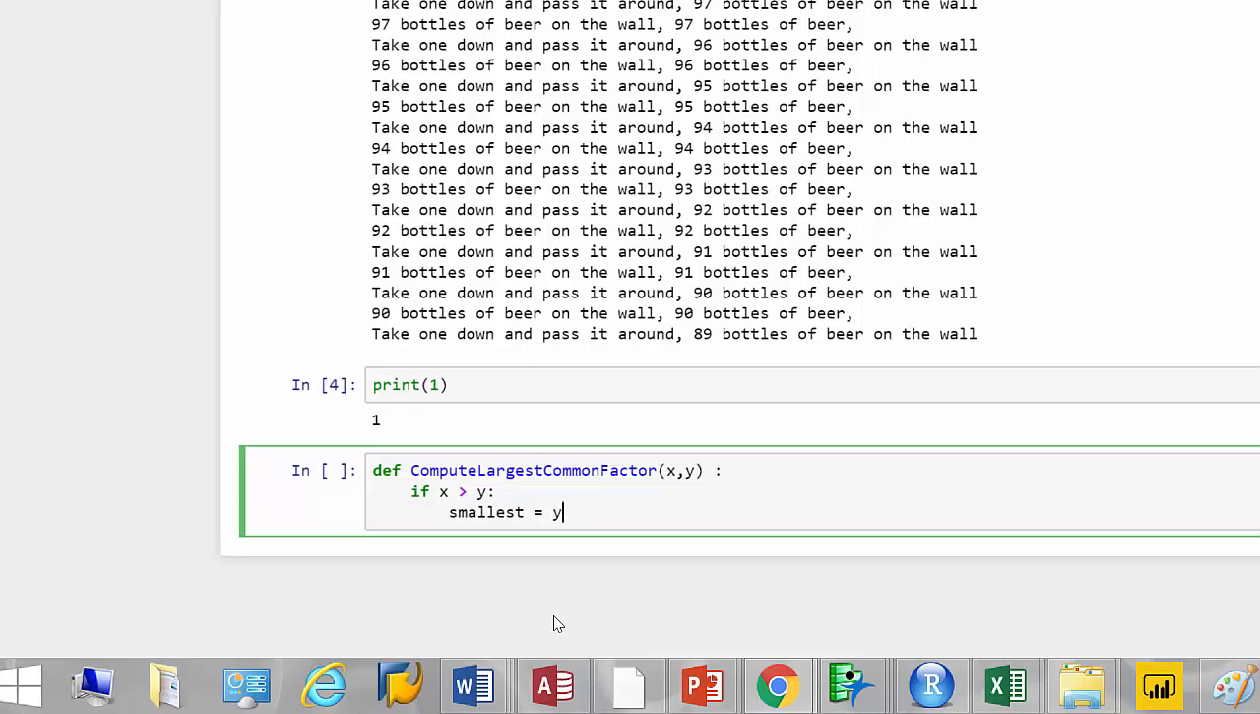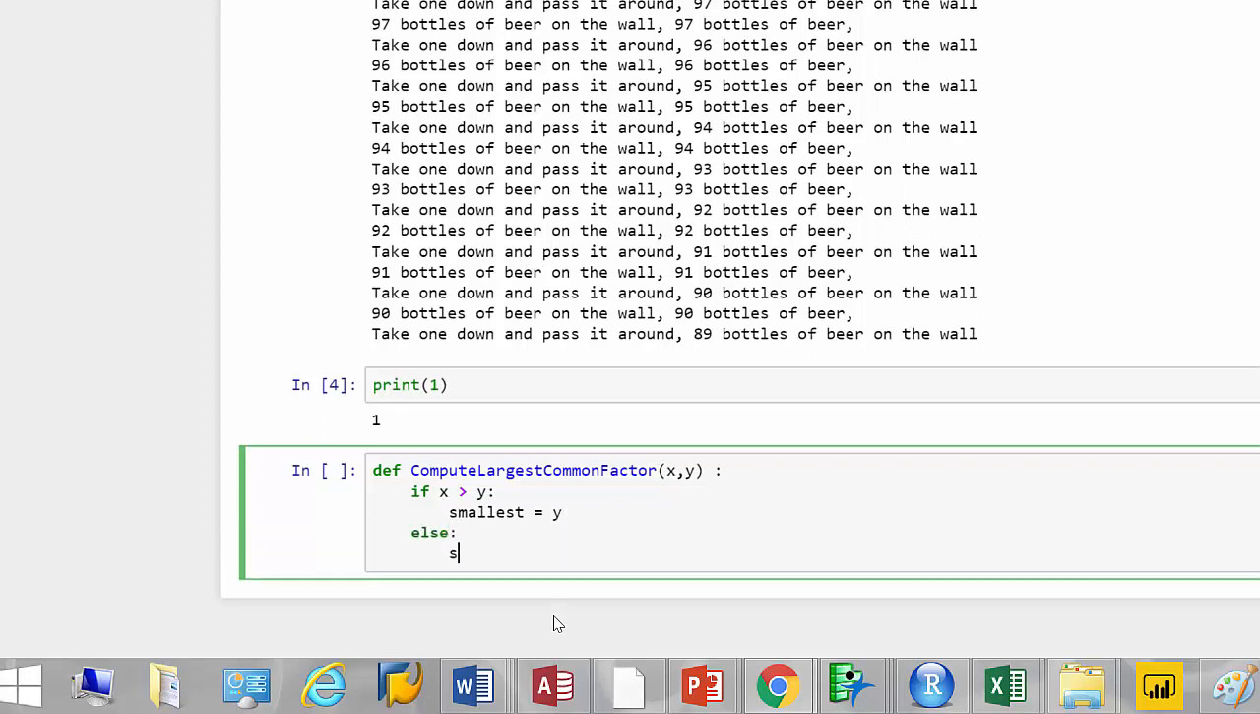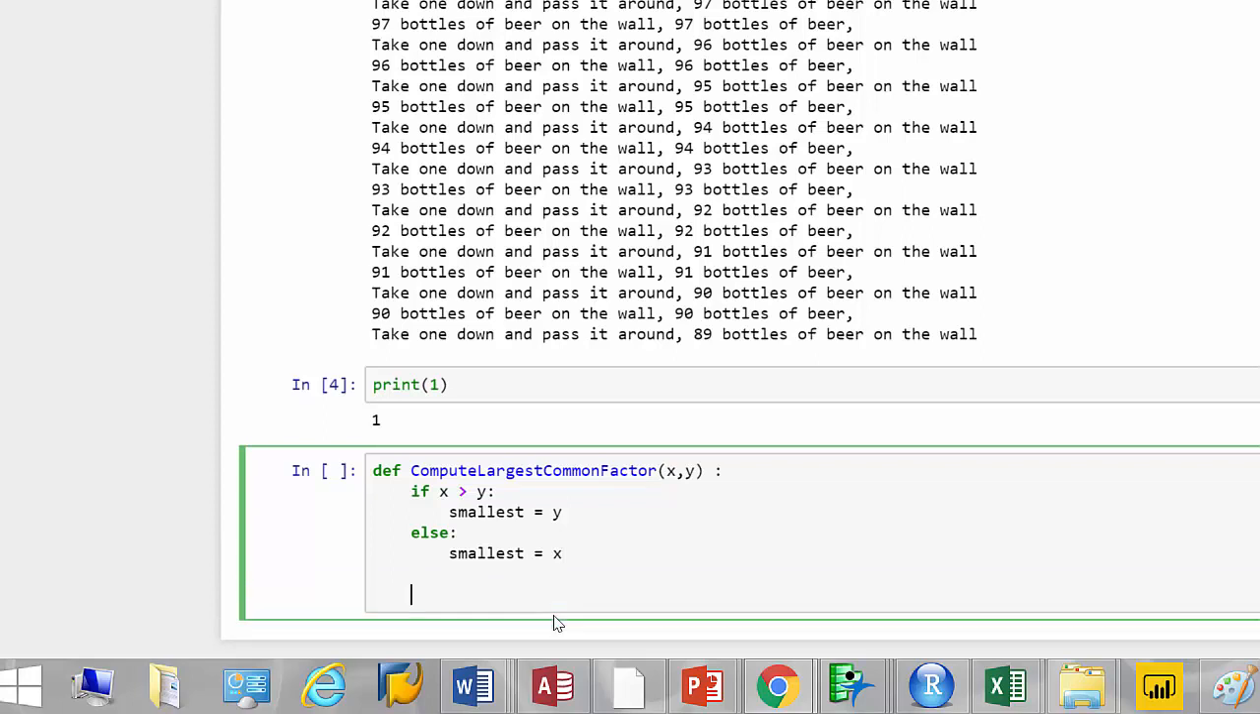Y, right? Between the two, smallest is y, because x is greater. Else, smallest is what? X, correct? Yeah. First I find which number is smallest. Okay. Then, now that I found it, I'm going to do this